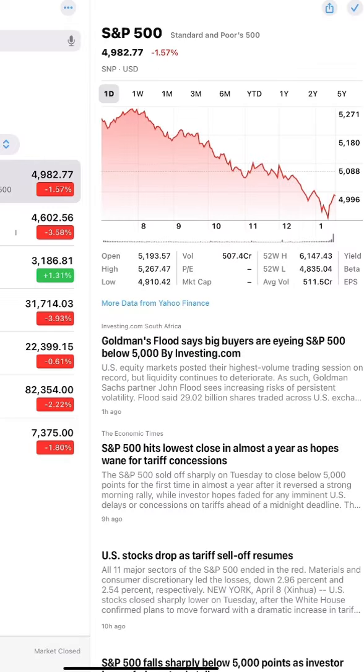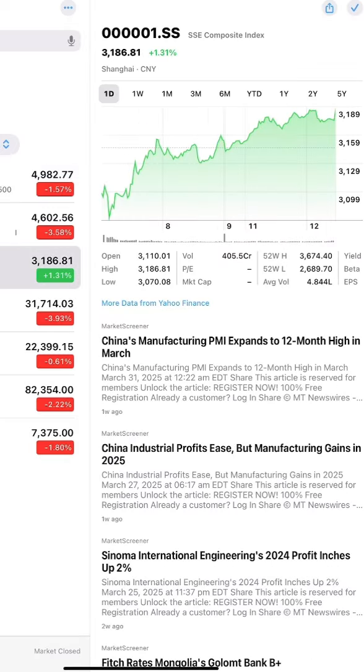If you want me to give an overall view of the global market, I can say that except the Chinese market, all the other major markets are showing a downward momentum. The Chinese market has grown 1.31%. That is very powerful growth considering that almost all other major markets, even Europe, are showing very powerful downward momentum, like 3.54% in Europe and 3.93% in Japan.